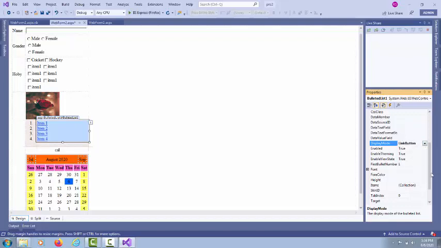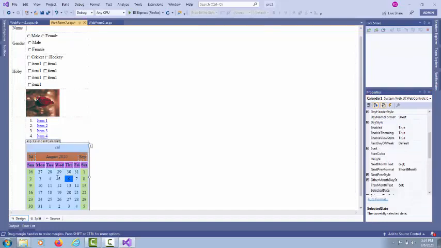You can also set the hyperlink property to this, and this one is the target, with the link button property. Okay, I hope I have covered all the properties of the bulleted list control.